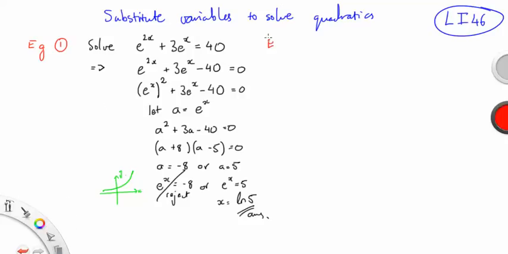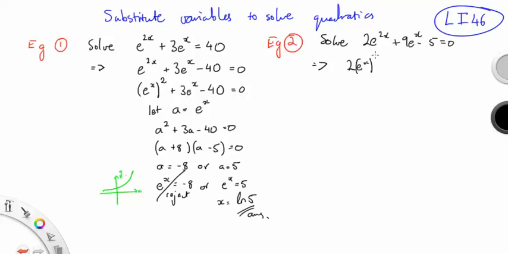Let's have a look at another example. Let's solve 2e to the 2x plus 9e to the x minus 5 equals 0. Now this one is a bit trickier, but we still use the same technique. We make it look like a quadratic. So we go 2e